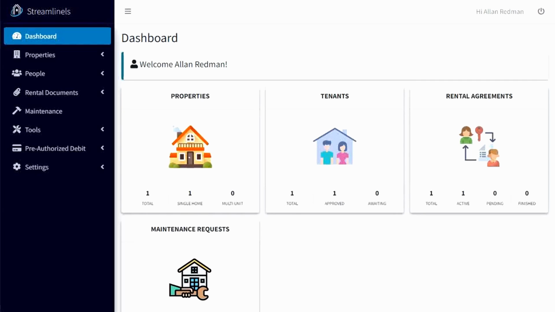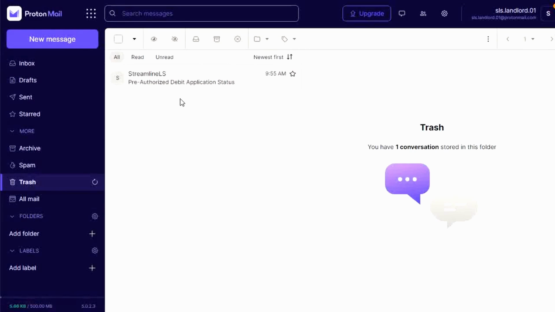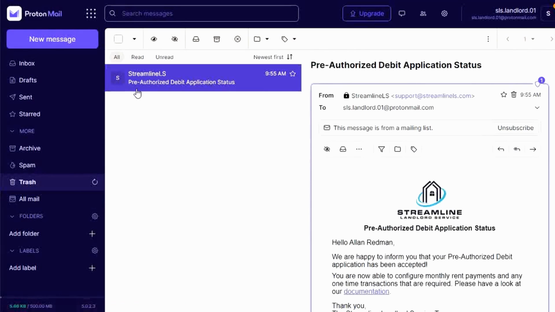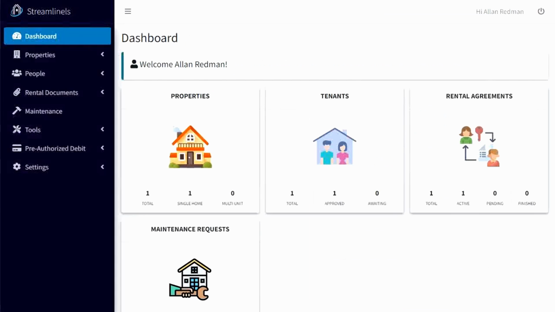that email looks like. This is my second time doing the video, so I actually deleted the email, but I just have it in my trash here. But Streamline LS, pre-authorized debit application status, and this is just letting you know that you've been approved. Okay, so once you see that, you can come into the platform here, and the first thing we need to